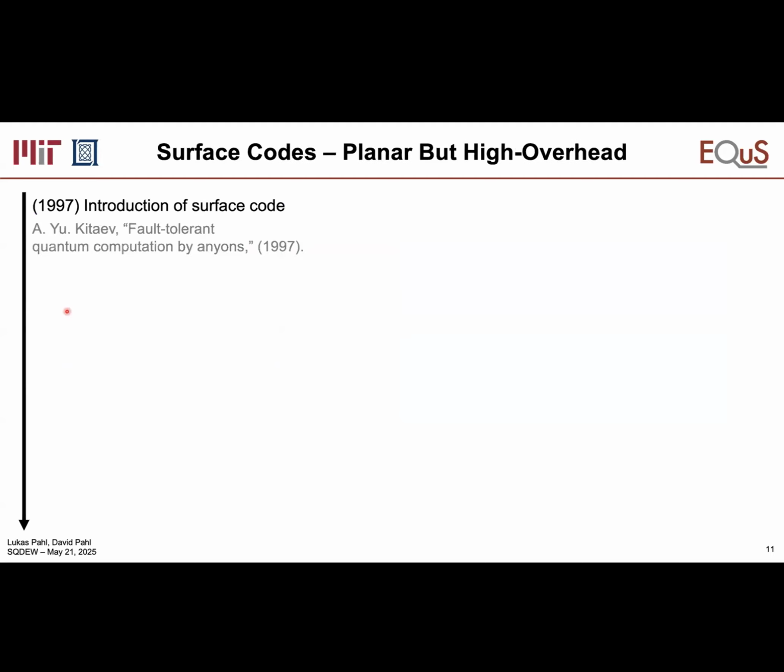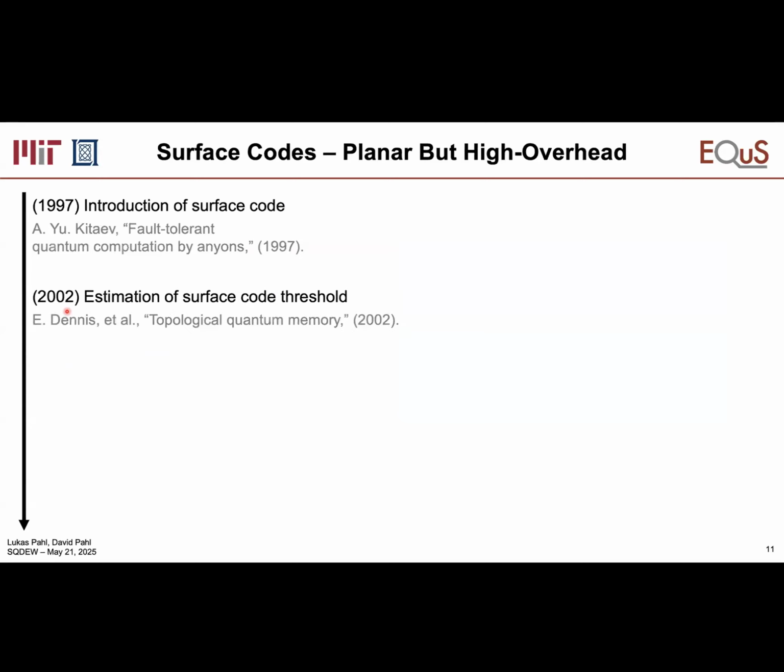So before we dive in, I want to give you a basic rundown of the history of error correction. There are two families of codes that I'm going to focus on. This first one being surface codes. You've maybe heard of this one before. It was introduced in 1997 by a foundational paper of Alexei Kitaev, where he introduced the surface code